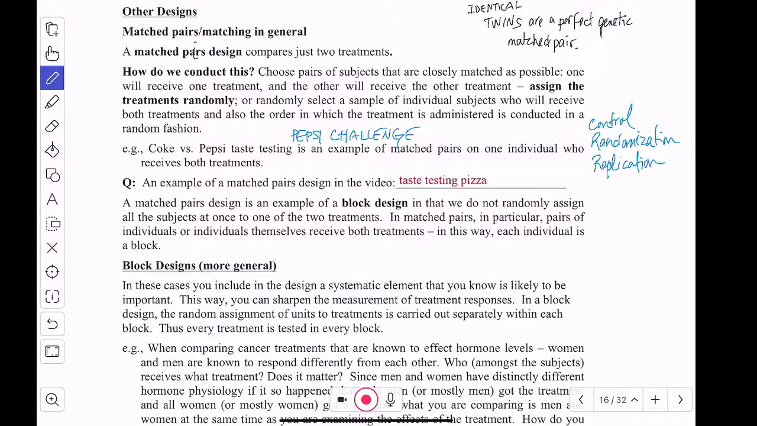Right. Randomization, because the people do not know which beverage they are going to get. So the cola should be covered, right? There shouldn't be a label on it. It should look identical, whether it's Pepsi or Coke. But randomization would be in